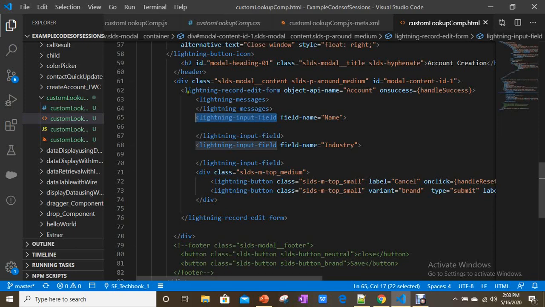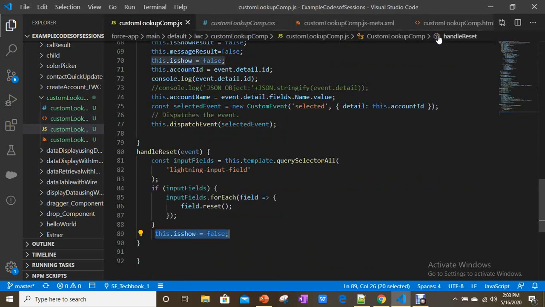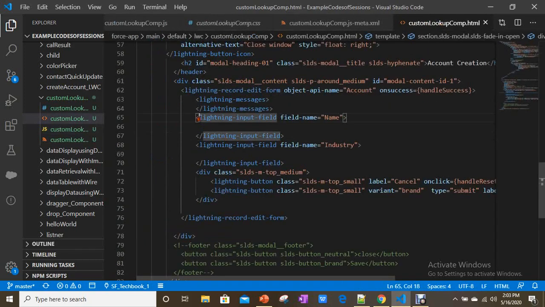What is built on Lightning Data Service? Lightning Record Edit Form. In JavaScript, whenever you want to get all these fields, you use the lightning input field tag name for both name and industry.